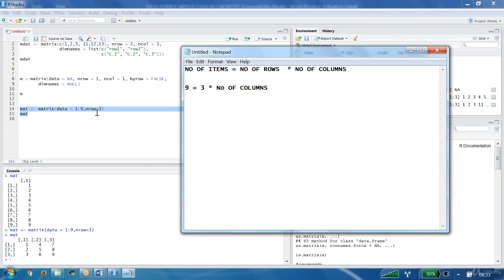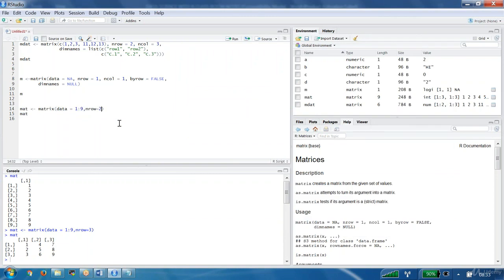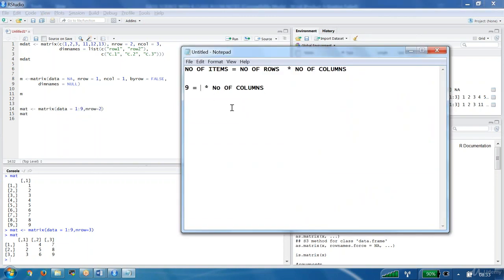Now problem. For example, I am giving here 2. What happens now? 9 by 2 is equal to what? Float value 4.5. How will it organize it? Now, is it going to throw the error, or it is going to take only 2 rows and whatever maximum values it can accommodate with the maximum number of columns, that is going to take it.